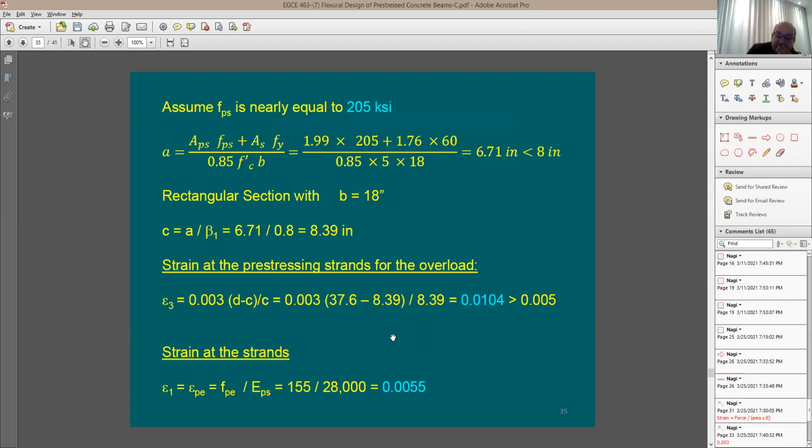How about the strains themselves, from the amount of pre-stress force that you put in there? We have looked at this before, right? We have done this before. So this value that you're looking at here